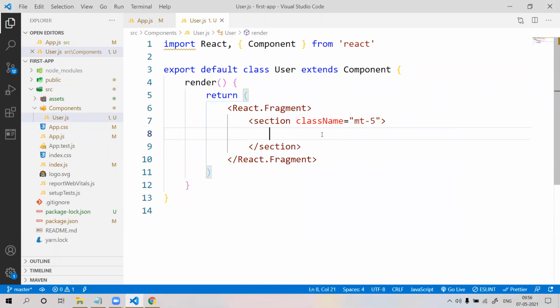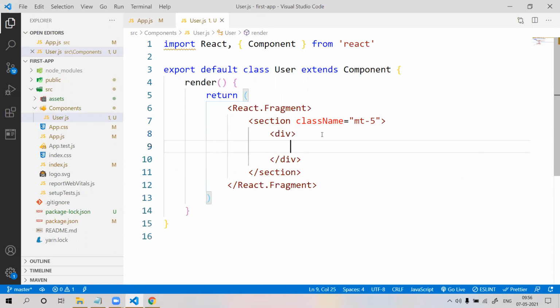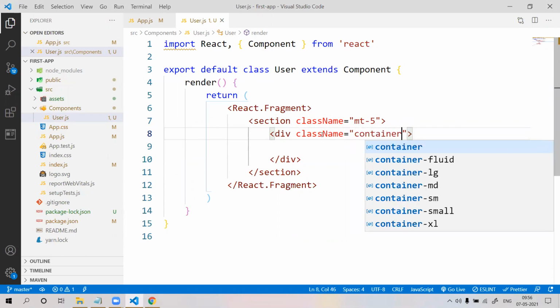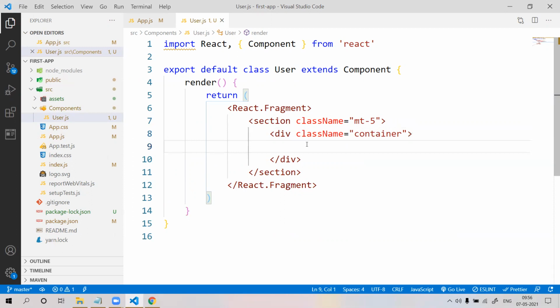Inside, a div with class equal to container. This is a Bootstrap class we use regularly, so I am not discussing it in more detail.